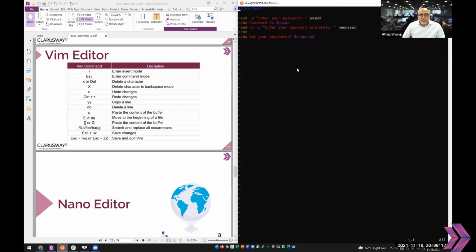Okay, now all of these commands here work in command mode. So you have to be in command mode to use them. So for example, if I want to delete a character, I just have to press X. I'm going to press X here. Oh, I didn't want that. So I'm still in command mode, so I can just press U and that will undo it. Or let's say I want to copy this line here. I'm going to press Y twice. You can't see me, but I'm telling you I pressed it twice. And now I'm going to